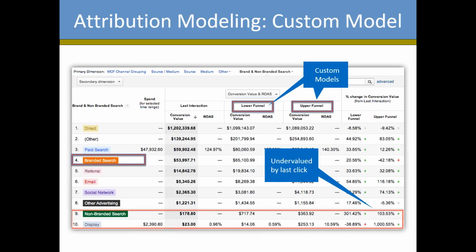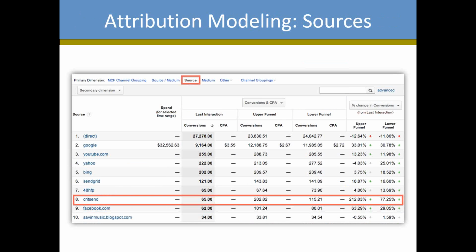The lower funnel gives more credit to searches toward the bottom part of the funnel, and the upper funnel gives more credit towards early searches that contributed to conversions, and de-emphasizes direct and brand search. So what we see is, if we dive in, beside the custom model, beside these multi-channel funnel groupings, you can actually dive in directly to sources